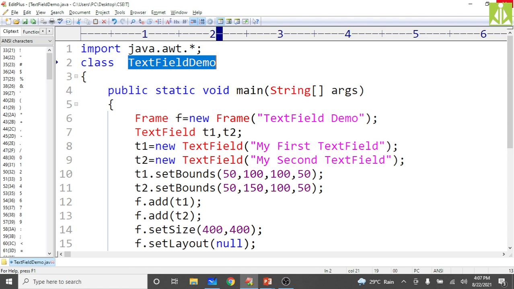Okay, first we will go with the list in the sense it will give a list of items. From that you can select any one item.